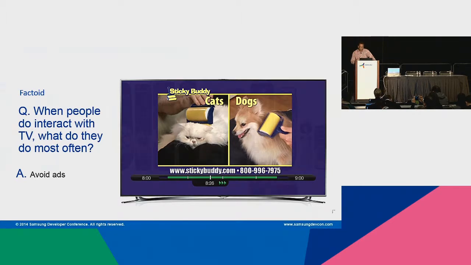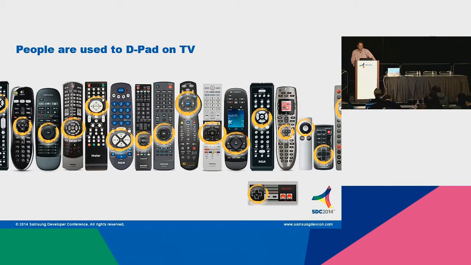So, D-pad. Directional pad is the most common way people interact with menus and items on the TV. Almost all TV systems have a remote control with a D-pad or directional pad. A D-pad consists of up, down, left, right arrows, and usually a center button which you select with.